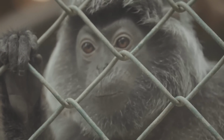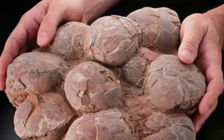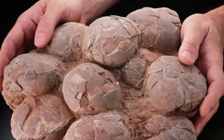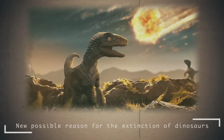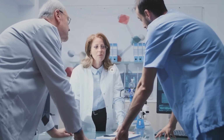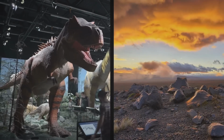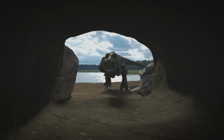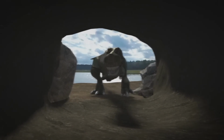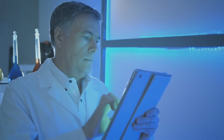In parallel with the ancient gibbons, Chinese scientists decided to re-examine dinosaur egg fossils and came to a serious conclusion. New possible reason for the extinction of dinosaurs. Scientists will never stop searching for the cause of the death of the ancient giants. The ancient world has always been associated with dinosaurs. These were the most mysterious creatures on our planet, and the extinction of such giant creatures is constantly of interest